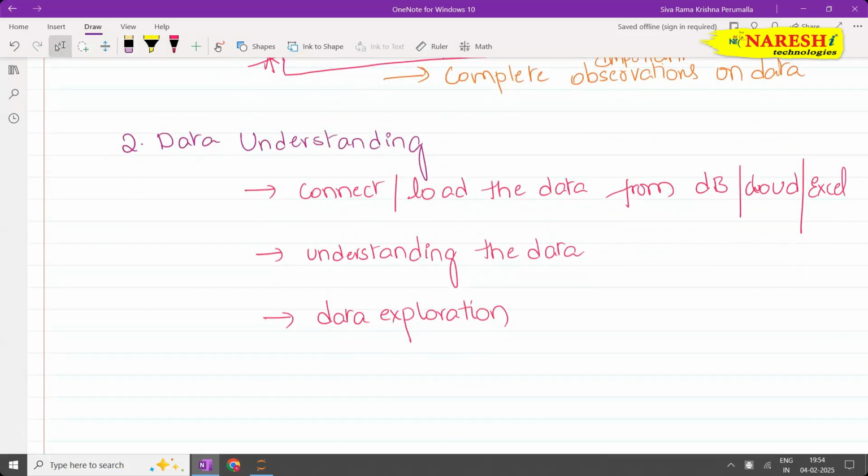For understanding the data, first we have to load the data. The data will be in the database, so we are going to connect to the database. After connecting, we are going to get the data from the database. How will this connection be given? In the company, they'll give you the localhost address and IP address. Once you join the company, they'll share the details. Once you receive the details,